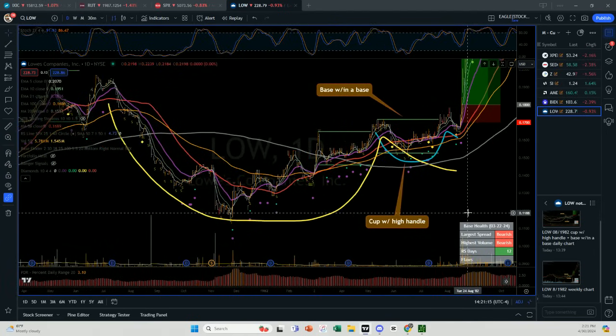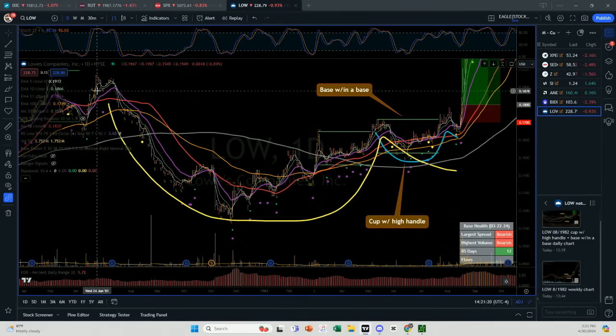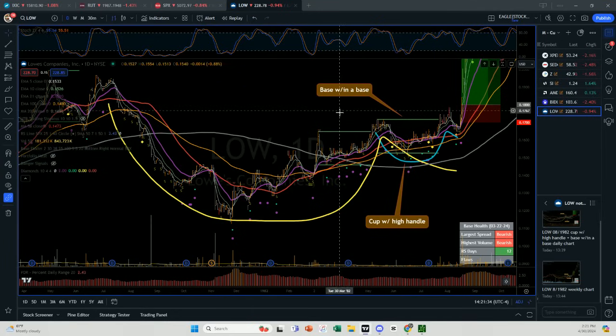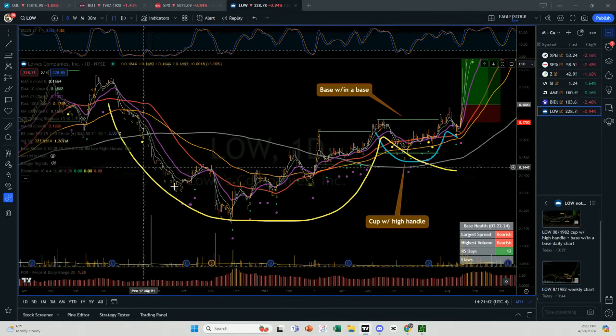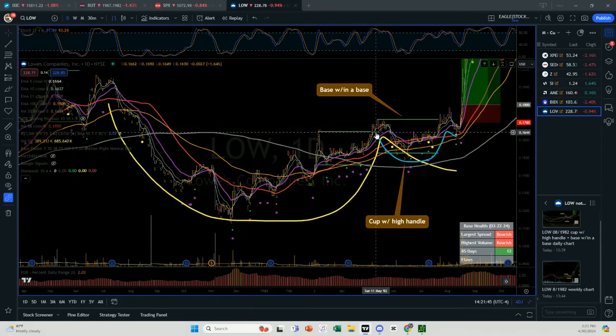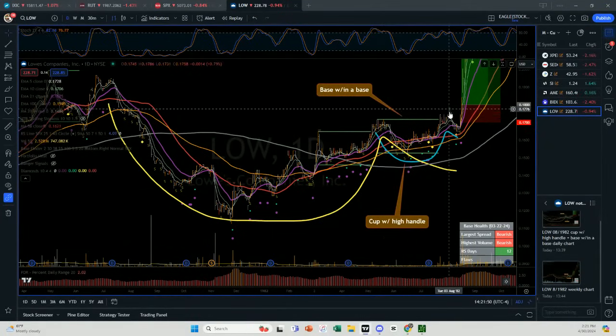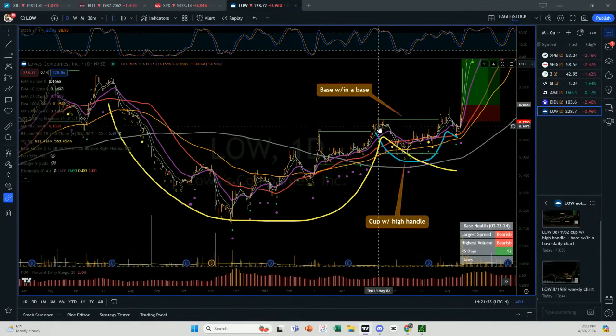So this is what I wanted to share with you that we mentioned earlier, how sometimes you could have a base that morphs into something else, right? So you have a few things going on here. The base finder, that pattern rec that Brandon Shapiro built, that's finding a flat base and another flat base. The IBD has it as, here's one big cup with handle, and then you had a little cup with handle in here. And this is actually a cup with a high handle because the handle is higher than the original